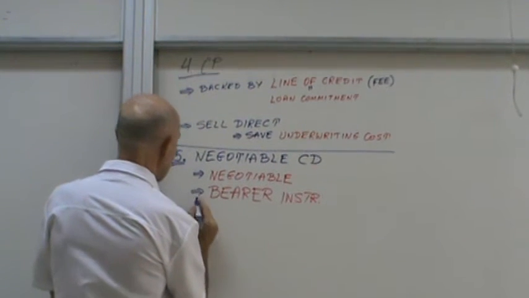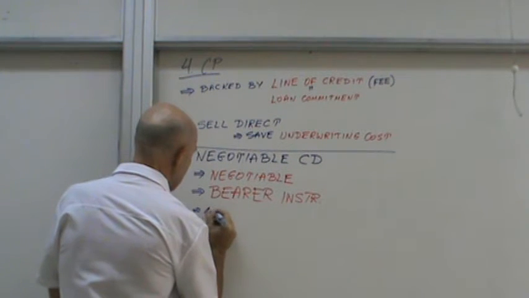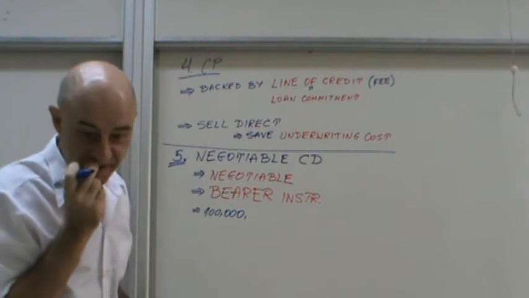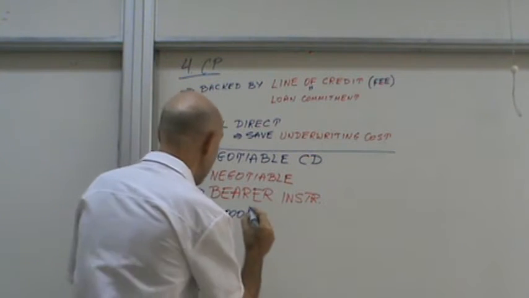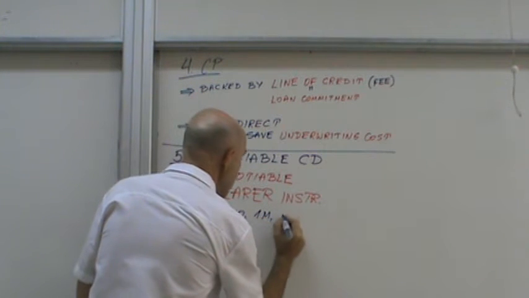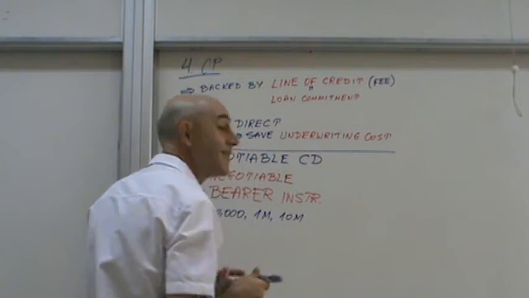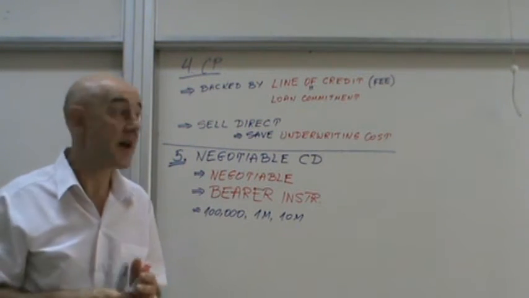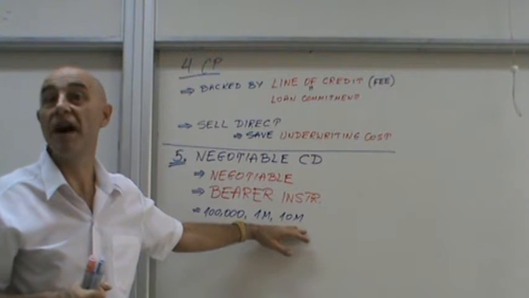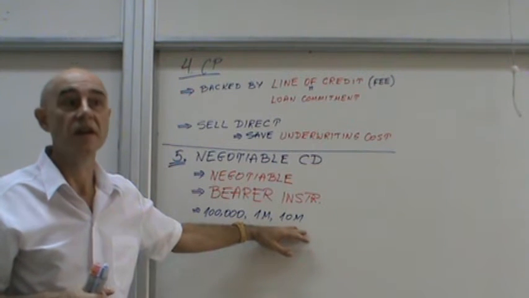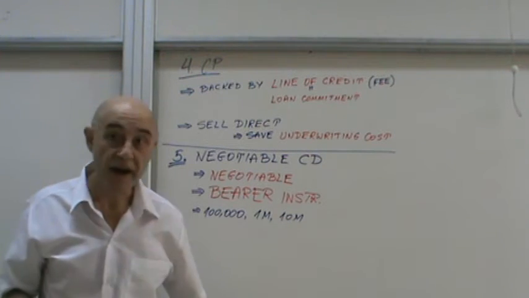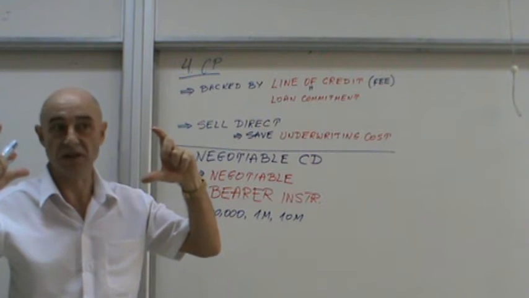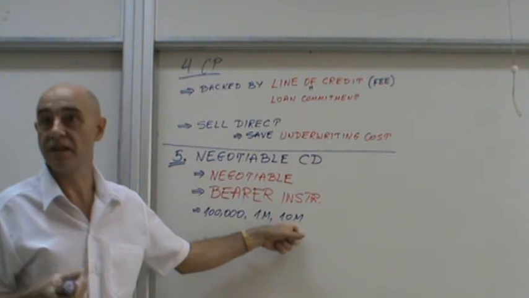Denominations would be 100,000 or 1 million or 10 million. The idea here is that it's going to be bought again by a financial institution. They're going to buy maybe 50 million, so all they're going to get is 5 certificates, each worth 10 million,